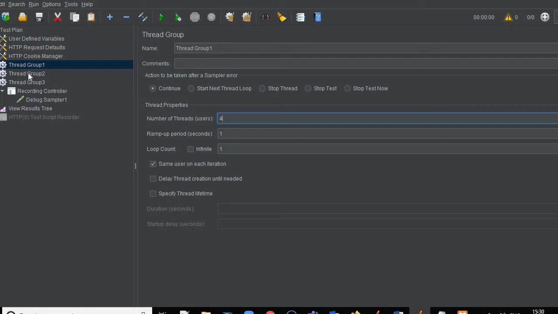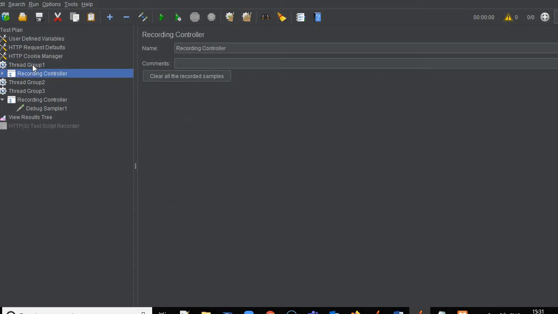In thread group 2 we will apply load of 6 users, and in thread group 3 we will apply load of 10 users. So in total, 4 plus 6 plus 10, that is 20 users.